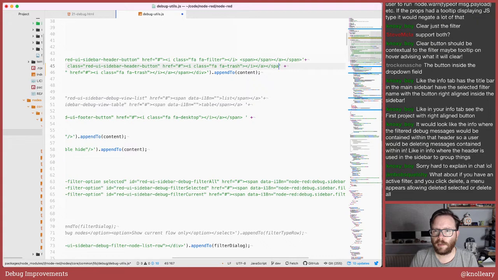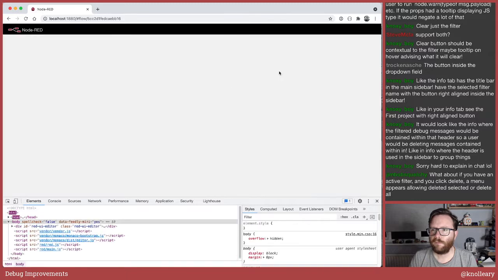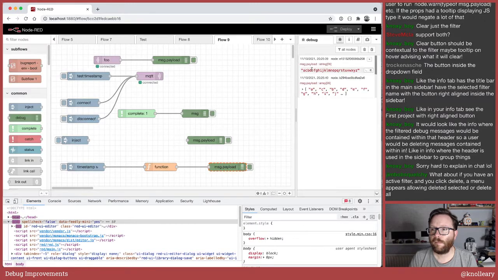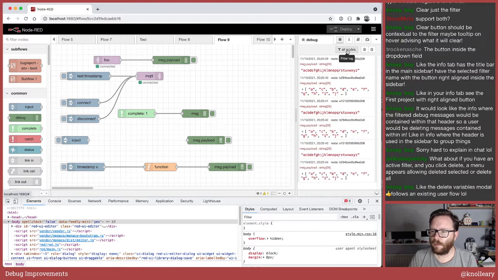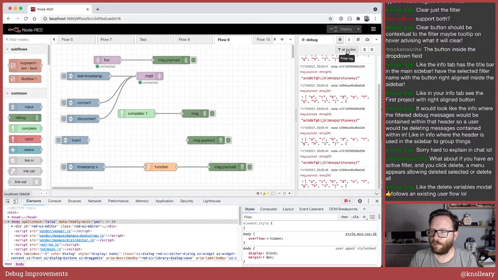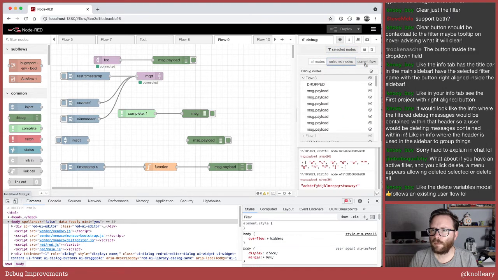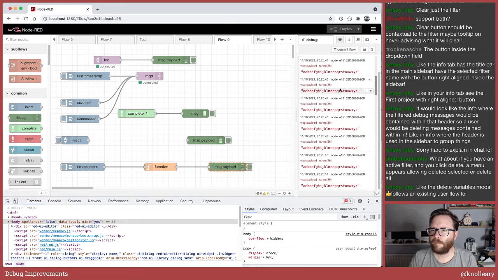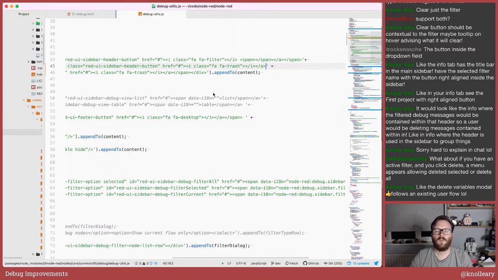That's what I broke. I had an extra div in that shouldn't have been there. Okay, so now we've got two delete buttons. That doesn't help the user. What if